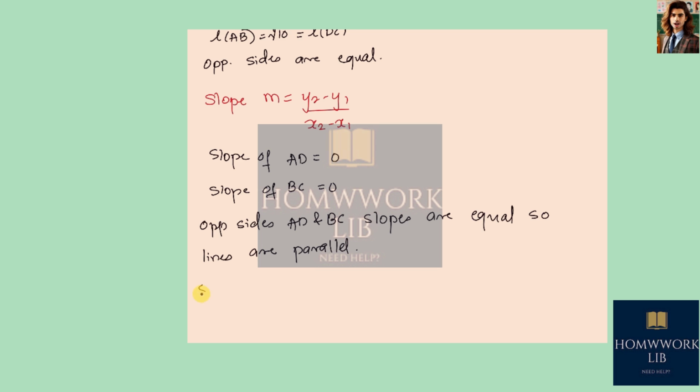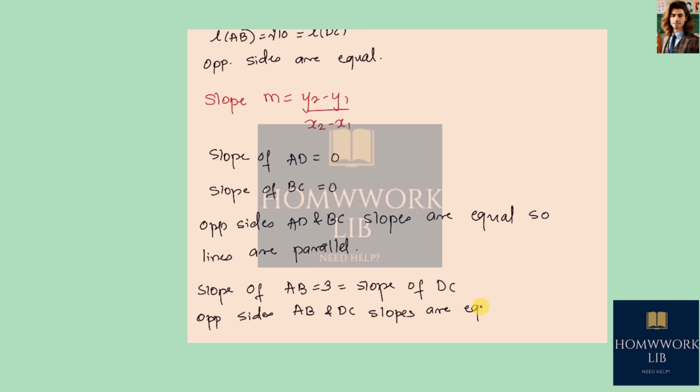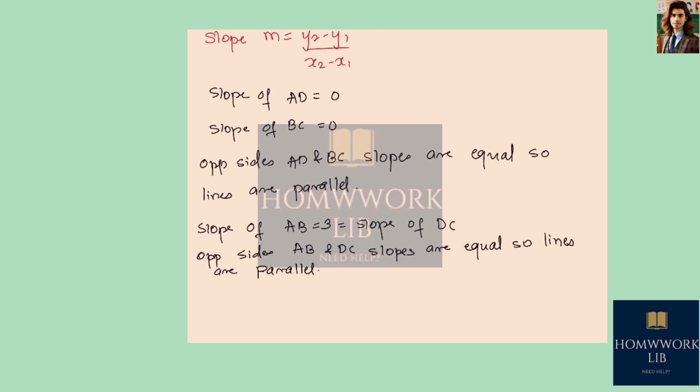So the lines are parallel. Further we get slope of AB is 3, which is equal to the slope of DC. Opposite sides AB and DC slopes are equal. So the lines are parallel, and therefore we can say that